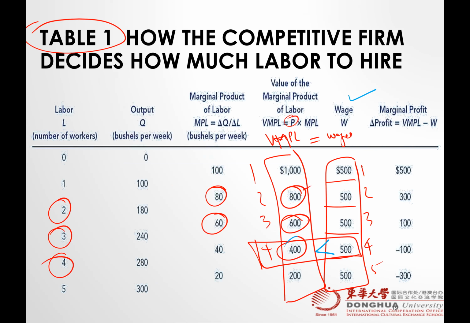So it's a loss situation. He is not giving us enough money and we are paying him higher wages. If you see the third worker, he is earning us $600 and we are paying him $500. So the value of marginal product of labor is equal to wages here,